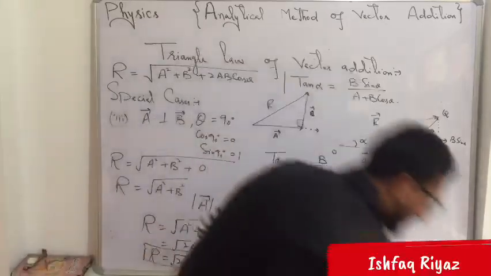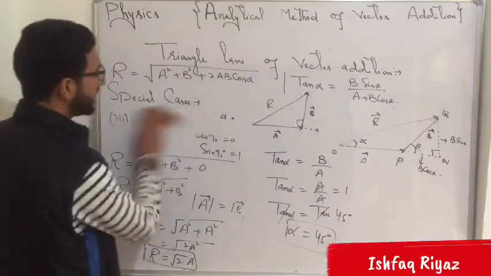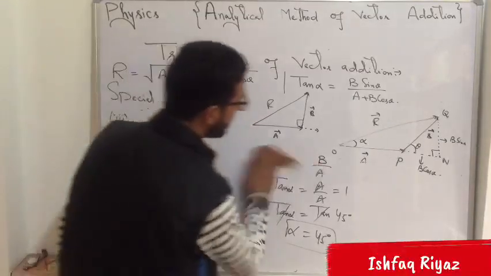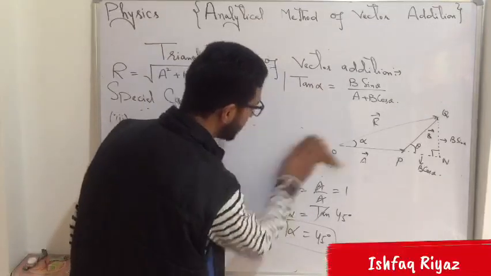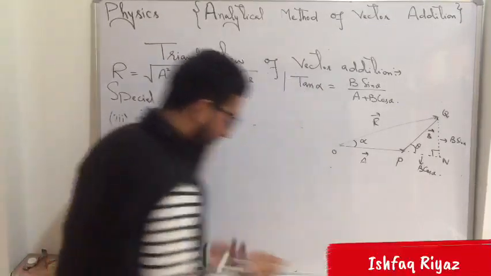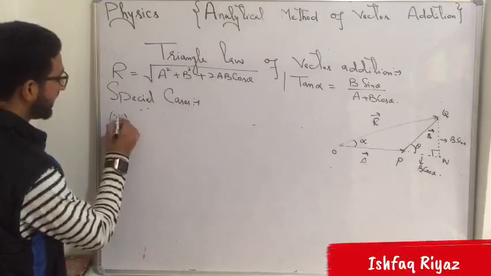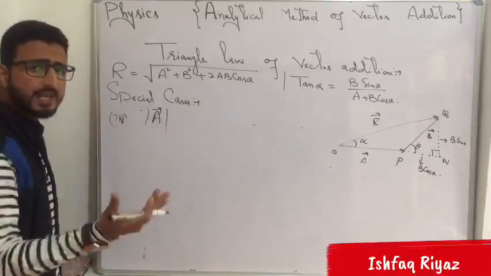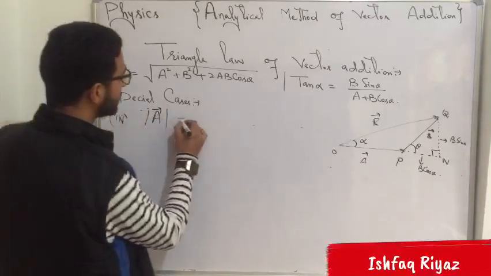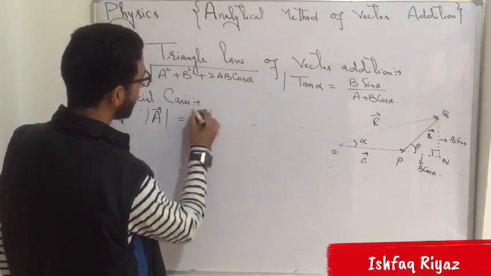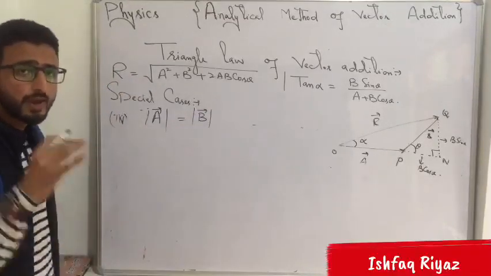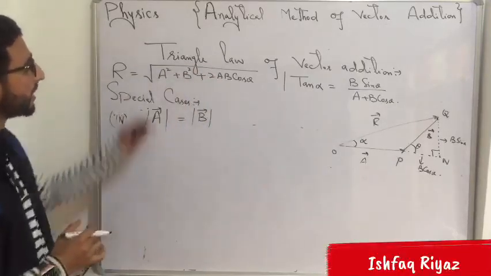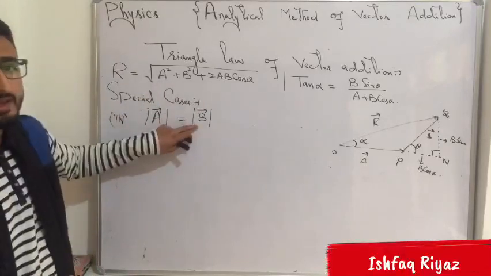Now let us discuss case fourth. So case fourth of this expression will be if simply the magnitude of A is equal to the magnitude of B. What I mean by this is simply the two vectors are again inclined at an angle theta, but the magnitude of the two vectors is the same, that is the magnitude of vector A is equal to the magnitude of vector B. Now let us try to substitute it here and we'll find out the magnitude of the resultant vector R in this very case. Okay?